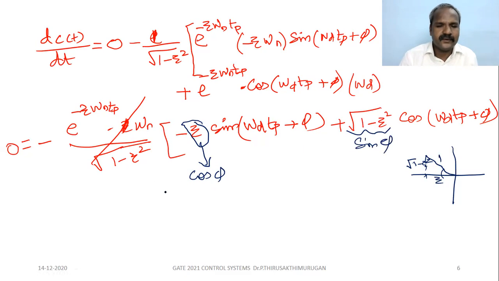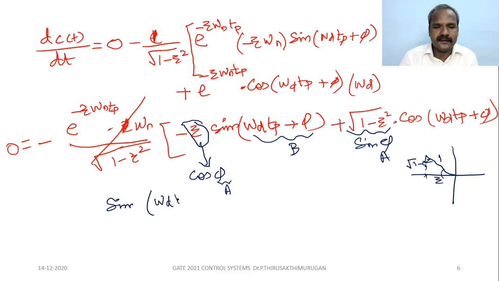Okay, so cos phi into sin theta: sin A cos B, cos A sin B, right? Minus cos A into sin B. So what do you get? This is say cos A. You can take phi as A, and this as B. Okay. So this can be written as sine of